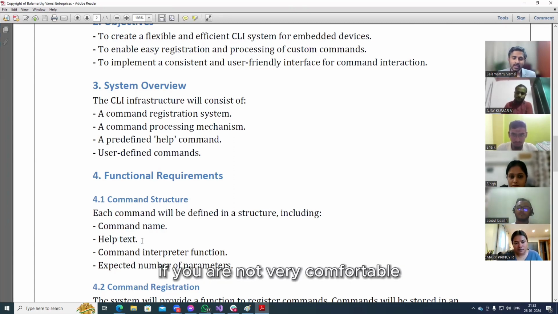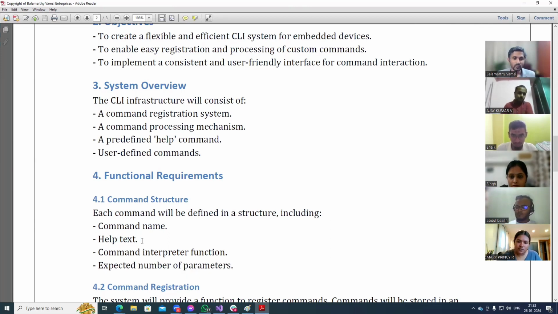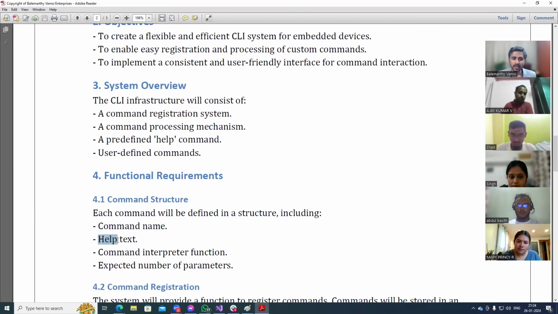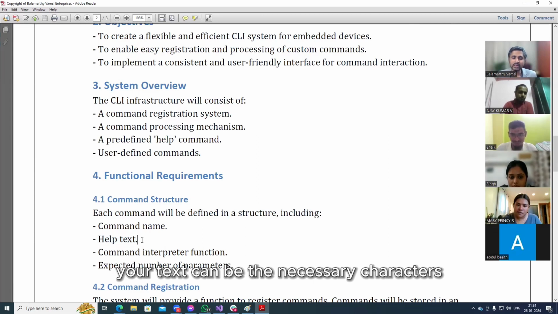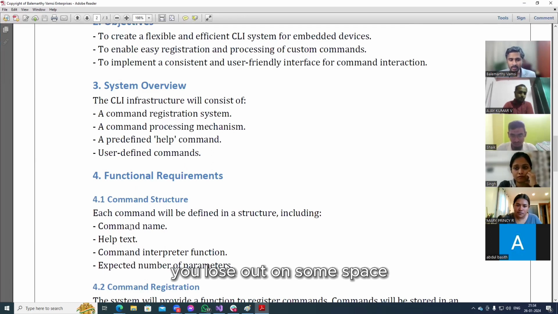If you are not very comfortable, let us say, with a pointer way of looking at strings, you can as well create a character array here. Just that you have certain restrictions. Here text can be, let us say, 30 characters. Command name can be not more than 10 characters. Yes, you lose out on some space. If it is a very small command, there will be unused spaces, all those things. But still you can zero the array and then put the characters.